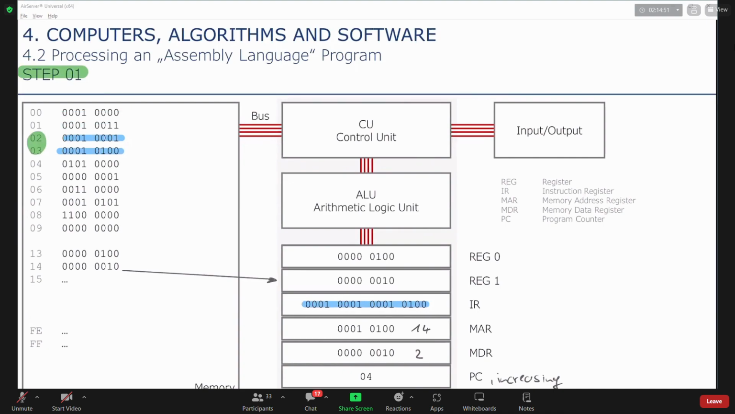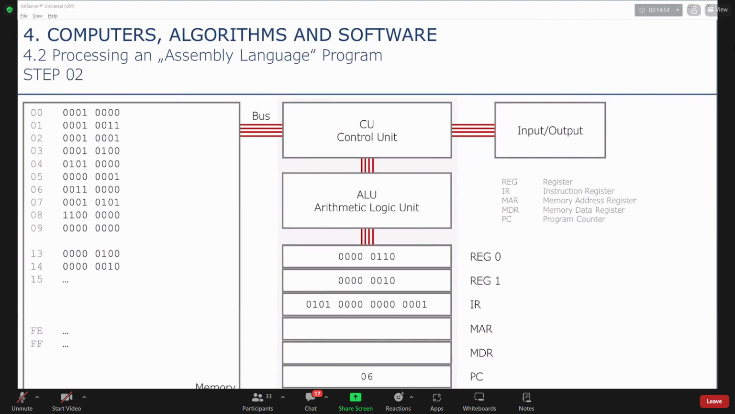Then we are going to the next step, step 2, which is now code 4 and 5. And in that one we have 0101 0000 0000, which we are loading into the instruction register. This instruction says to add the values we have in register 0 and register 1 and store that in register 0. So here we have now 6